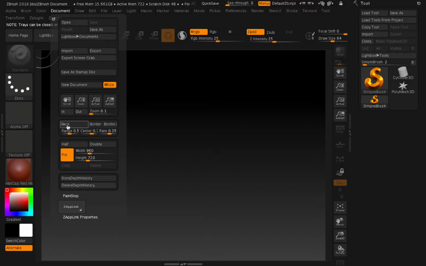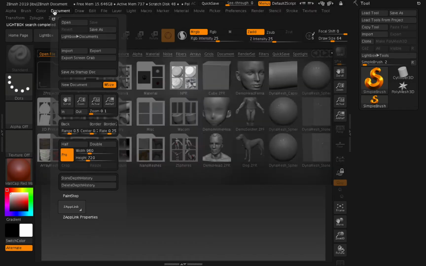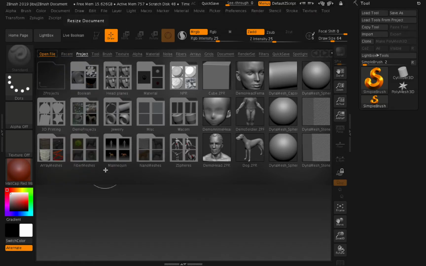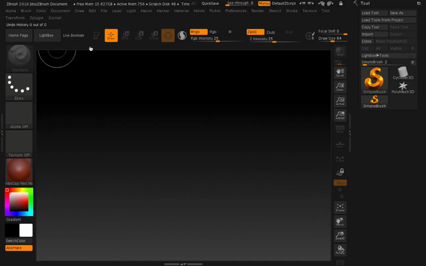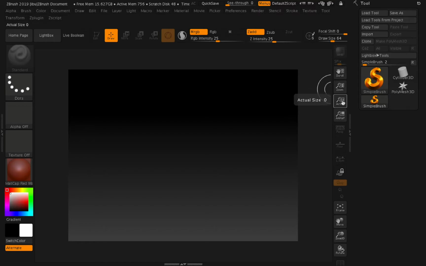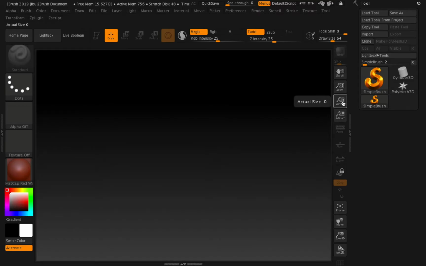You want to just make sure that your window fills the available screen, and you do that in Document. So I'm on a small screen here, so it's not going to be that big, but you might have a bigger screen. You can resize there. And then these buttons here on the right, they're for viewing your screen. You can zoom in and out, which is not a feature you're going to use very much. But just click actual size,